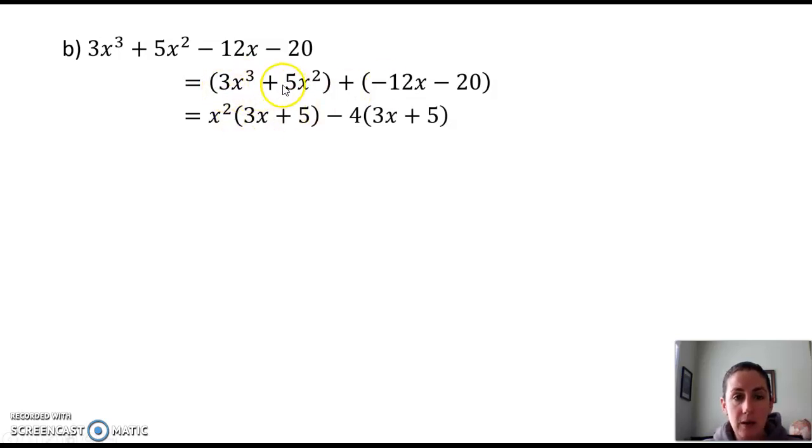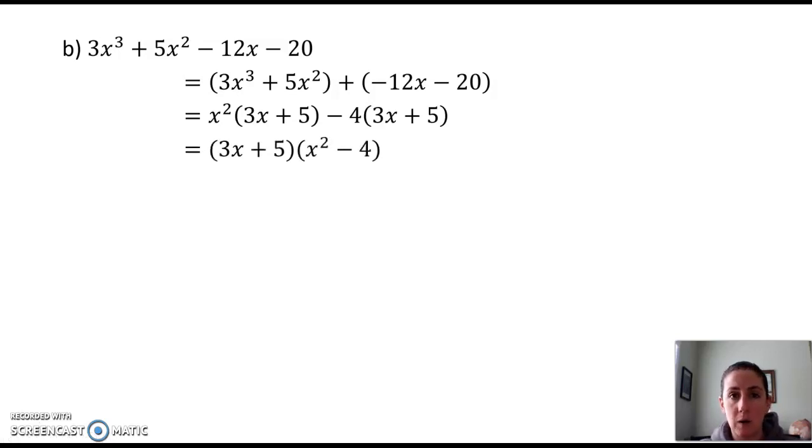So when I pull out an x squared, I'm left with 3x plus 5. When I pull out that negative 4, I'm left with 3x plus 5. So notice these two terms have a 3x plus 5 in common. So I can pull a 3x plus 5 from both of them, and when I do, I'm left with that